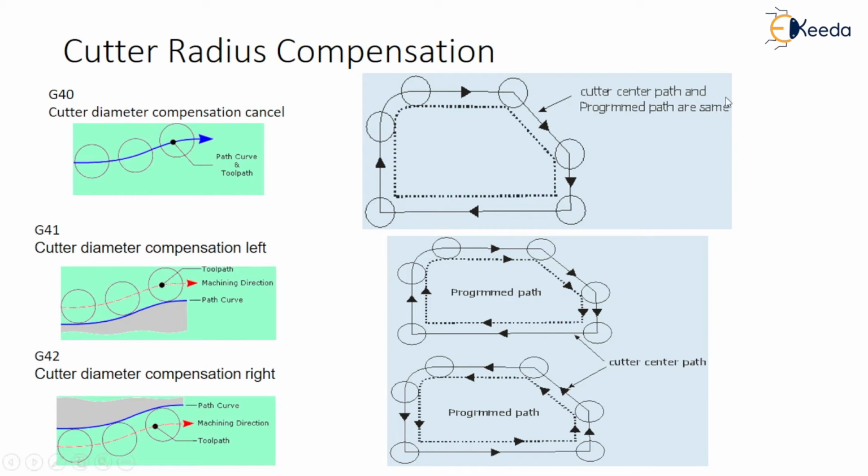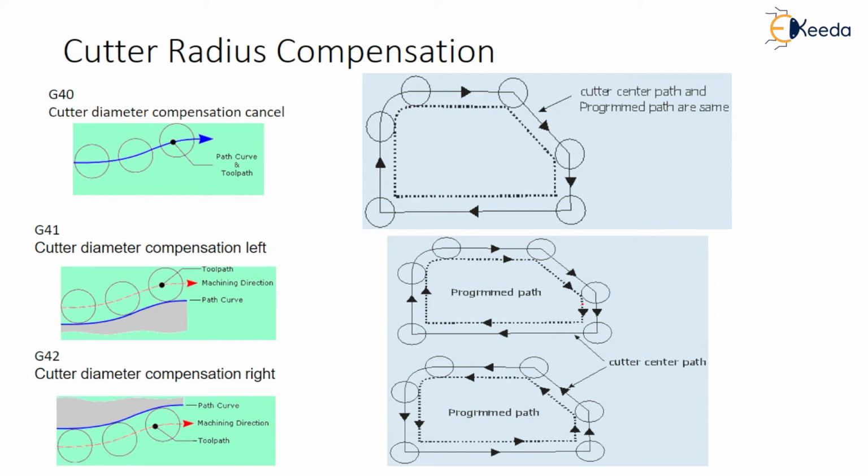So if you observe, these are the cutter center path and the cutter dimension path or compensation path on the left side. That means this is the path of the curve and this is the tool path or machining direction. So the machining direction is on the left side in both. Okay, that means, for example, I will show you. You will not be confused.